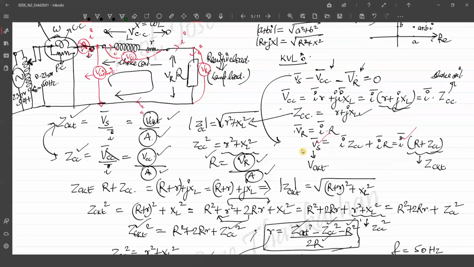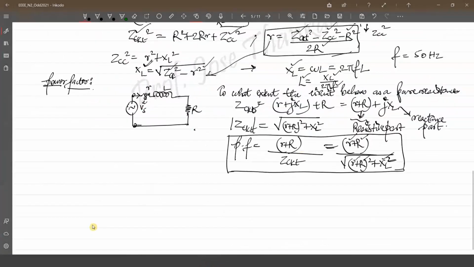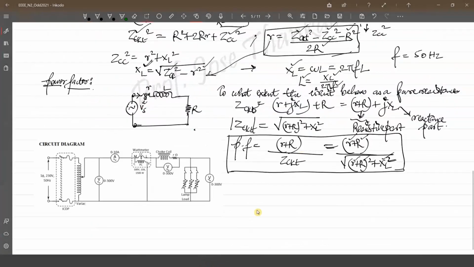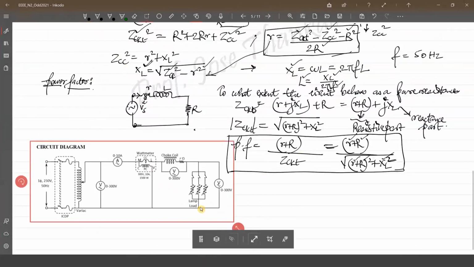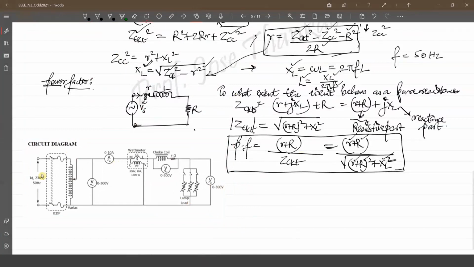So for your choke coil circuit, this is our experimental circuit here, which we are doing in the lab. Is it visible to everyone? This is the circuit. I told you this is a single phase supply at the input, 50 Hertz, and we have a power switch with a circuit breaker and a fuse. Then we have a variac. Variac, I told you, just gives us a variable voltage. So this 230 volt can be varied from 0 to 230 volt, 50 Hertz.